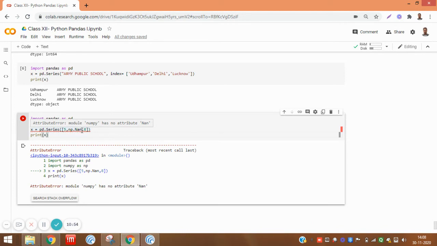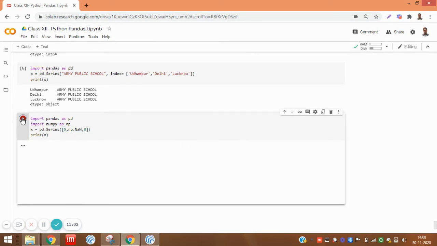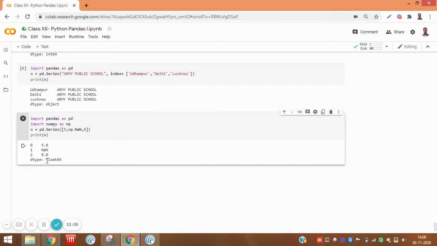So here is spelling mistake. So we give the capital N, small a, and then n. So now we will again check it, and you can see here that nan has been given now. So we can specify any nan values in the series object.